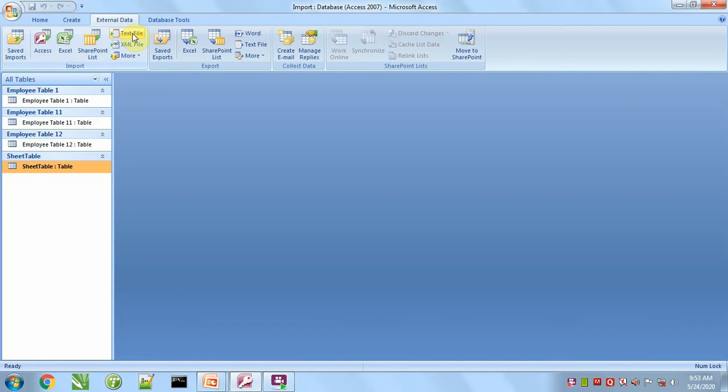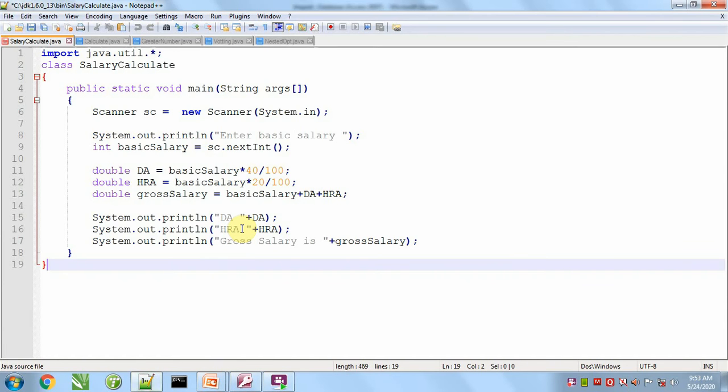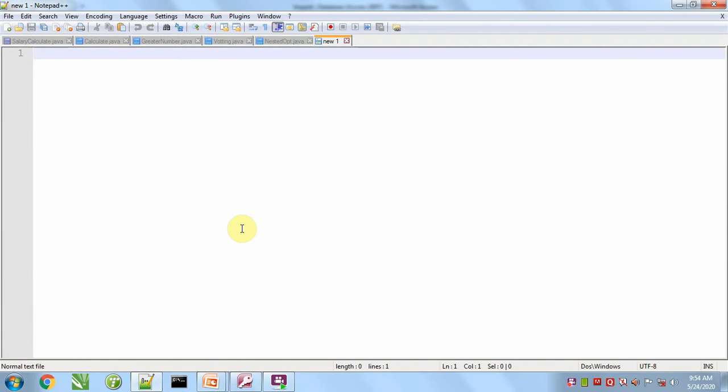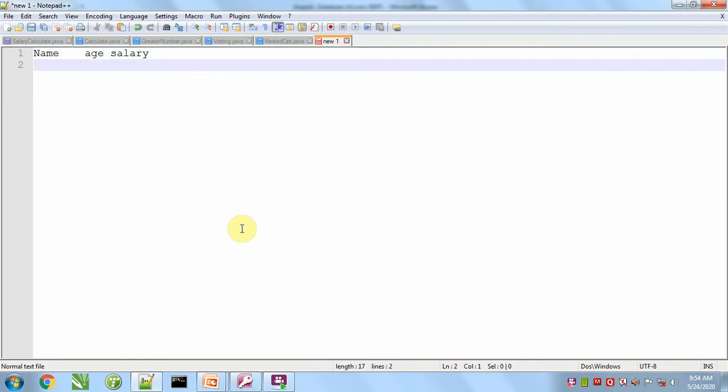Next, import from a text file. For this we will create a text file. Name, age, salary. I am pressing the Tab key to separate these columns, so the file will be tab separated.